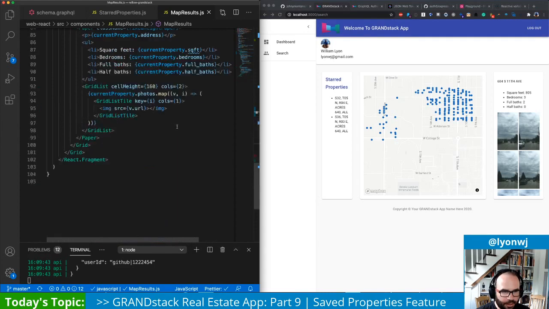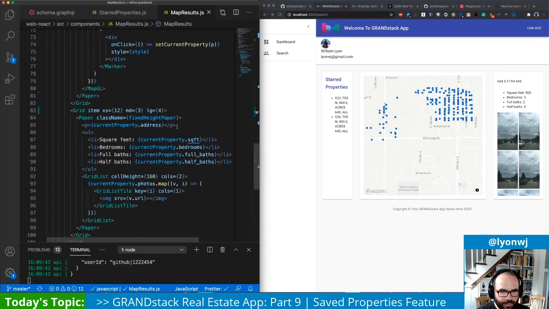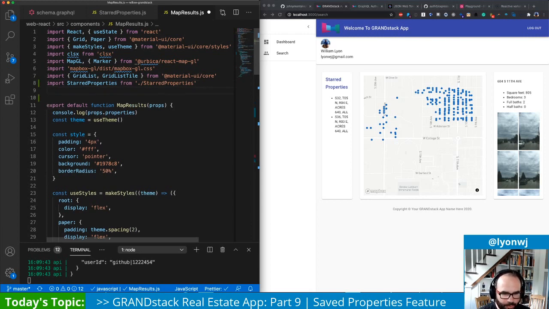So I guess that can happen in our map results component. There's a lot going on in this component. Maybe we'll put the logic in here and then refactor it later on to pull out some of that logic. It's getting a little busy, but that's okay for now. So let's see,